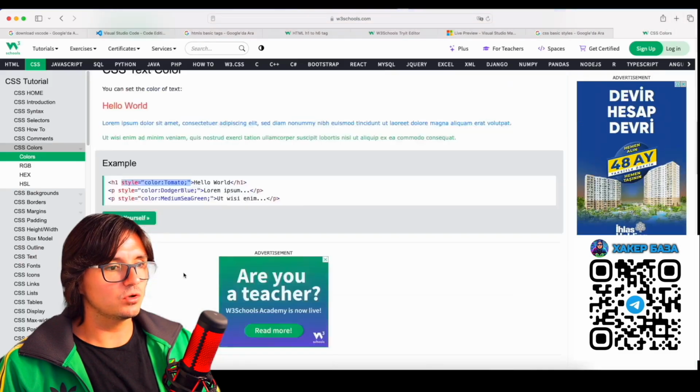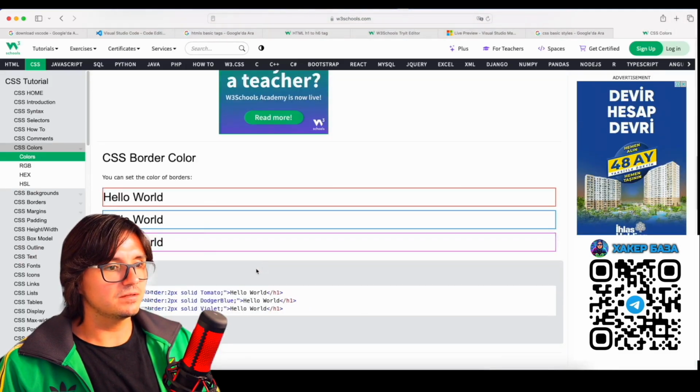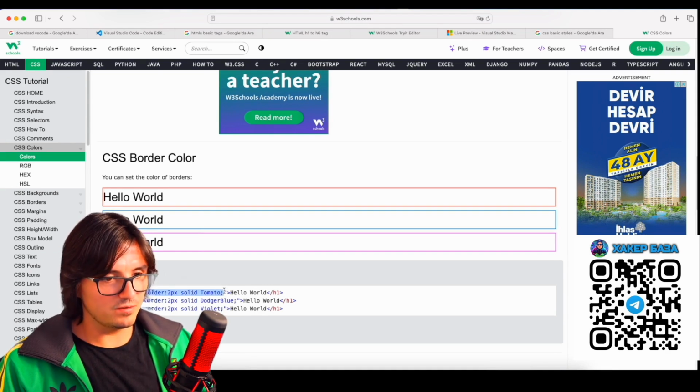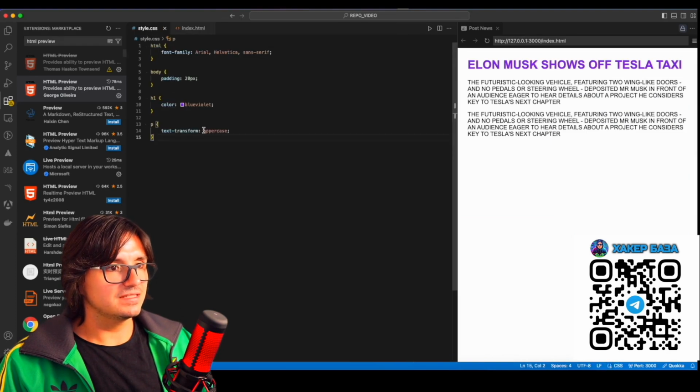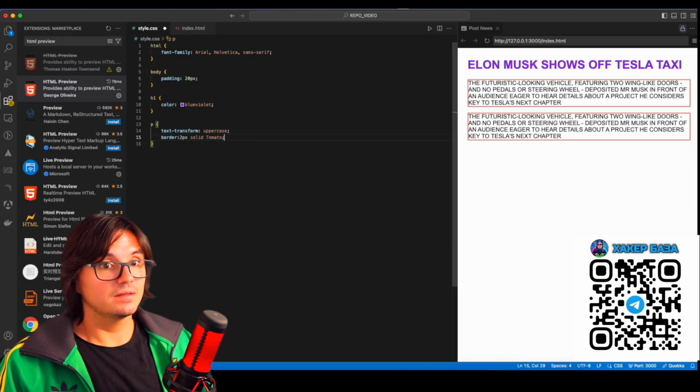This lesson is purely to go over the style. See, you notice the border. If you see a style like this, border 2px solid tomato, we can copy it. But we will do it in our CSS style. We will copy this style here. Look, we made a border. I don't like it. I will make it orange.